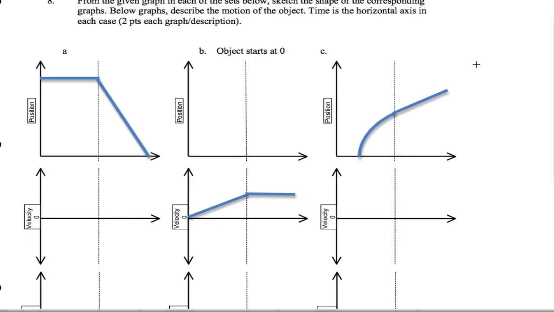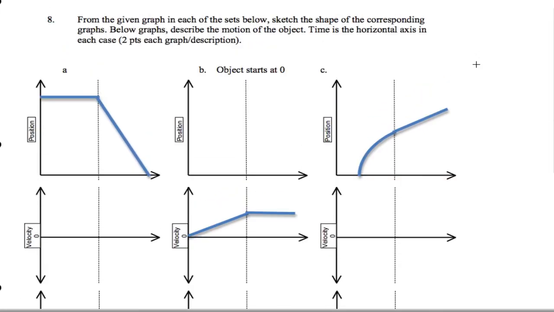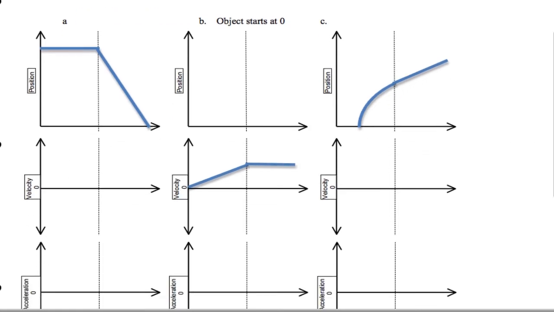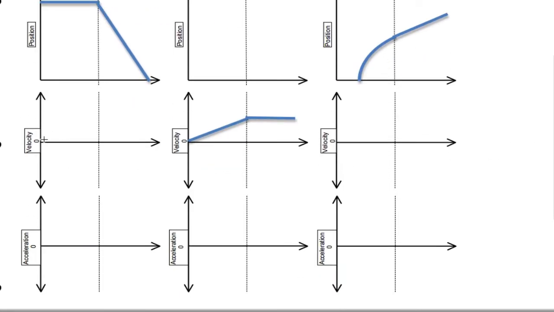All right, we've got problem number 8. Let's go ahead and finish this up. So we got a position graph, we want to get the velocity graph and the acceleration graph for A. So we start off not moving at all, and then we move backwards at a constant rate. And then what this means is that the acceleration is completely 0 because it's never speeding up or slowing down. It just switches from one constant velocity to another, namely from rest to moving backwards at a constant rate,